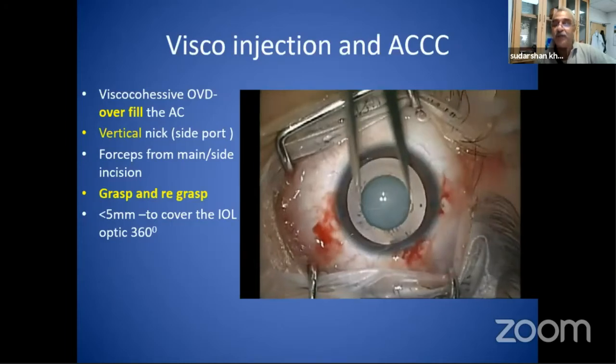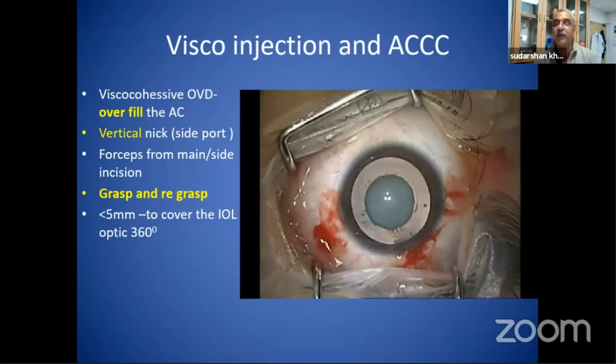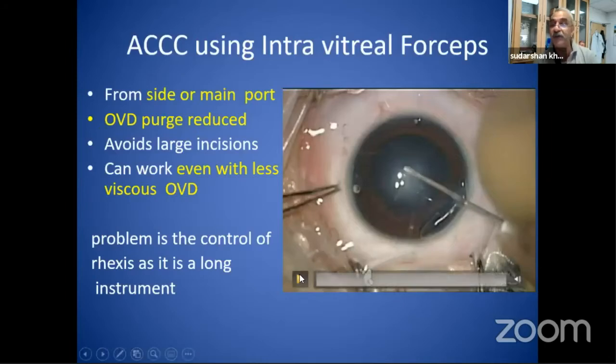The trick is to grasp it again and again, and the chamber should not lose its stability. If the chamber loses stability, your rhexis is going to run off. The most important thing here is, if the chamber goes down, and for example you don't have a viscoelastic of high molecular weight, so what do you do? Then you can use a longer forceps, but your incisions will be smaller.